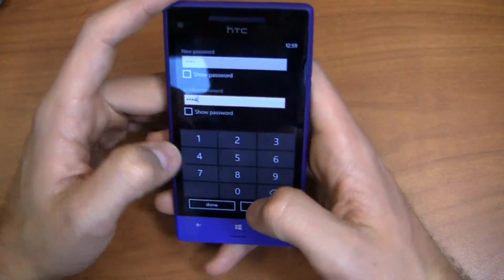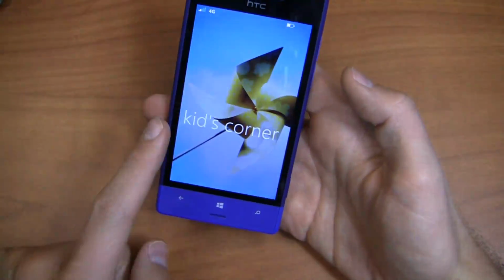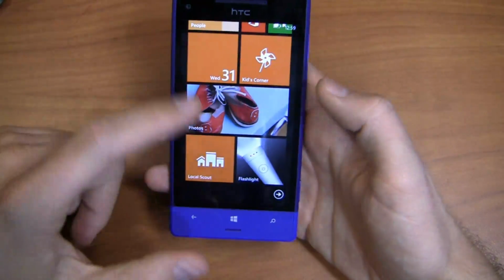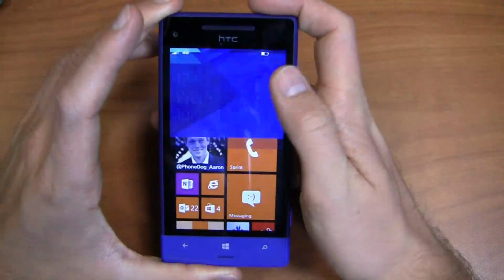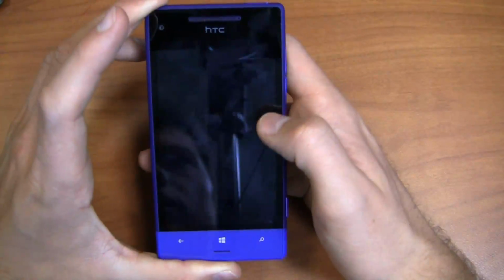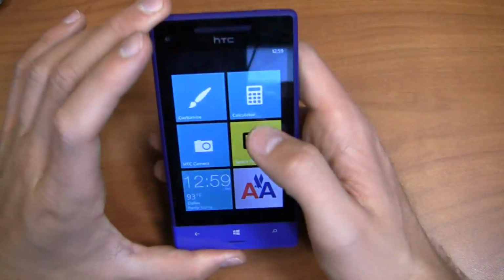This is actually a pretty cool application that was pioneered in many ways by Windows Phone 8. So you can see right here, Kids Corner, and I can swipe up to access mine, which it should have activated the password. Not sure why it did not. Let's try it now. Nope, still not activating the password. Swipe up to activate mine, swipe over here to activate Kids Corner, and you can see from Kids Corner, the